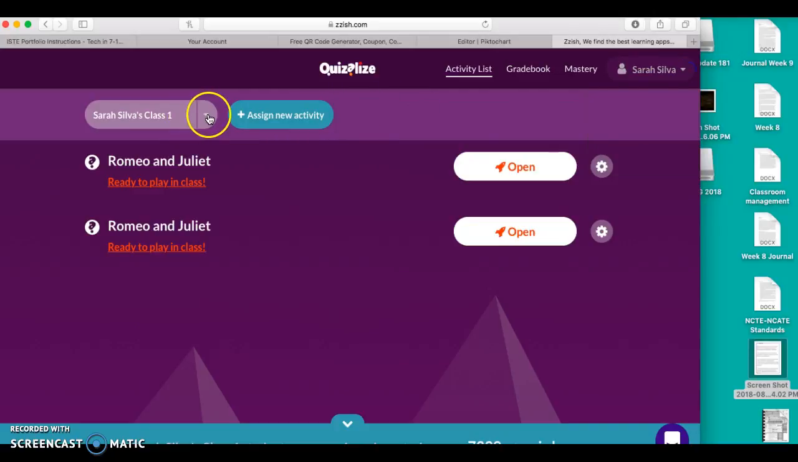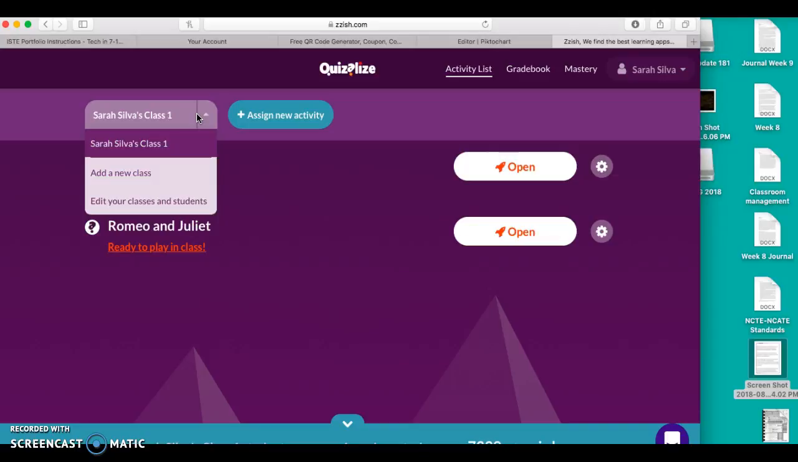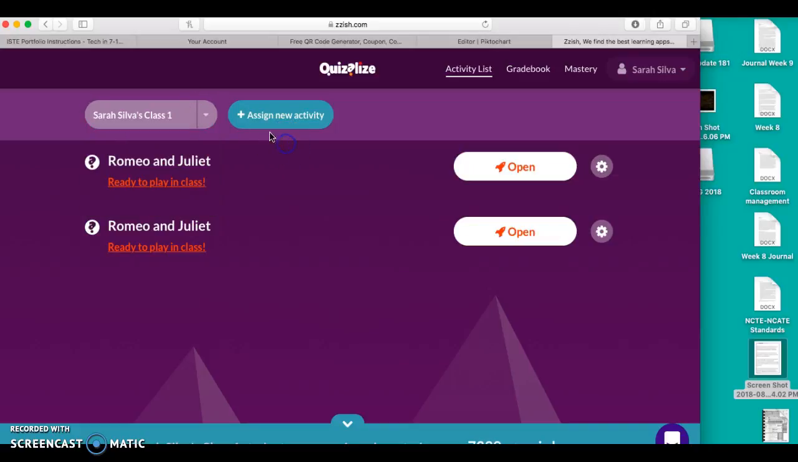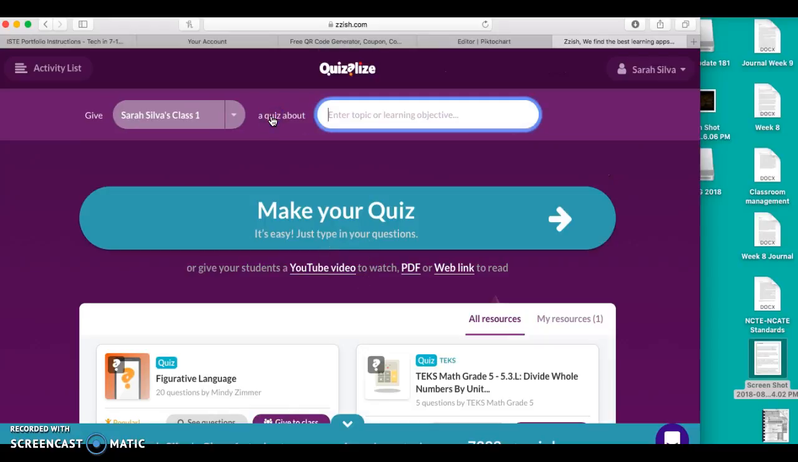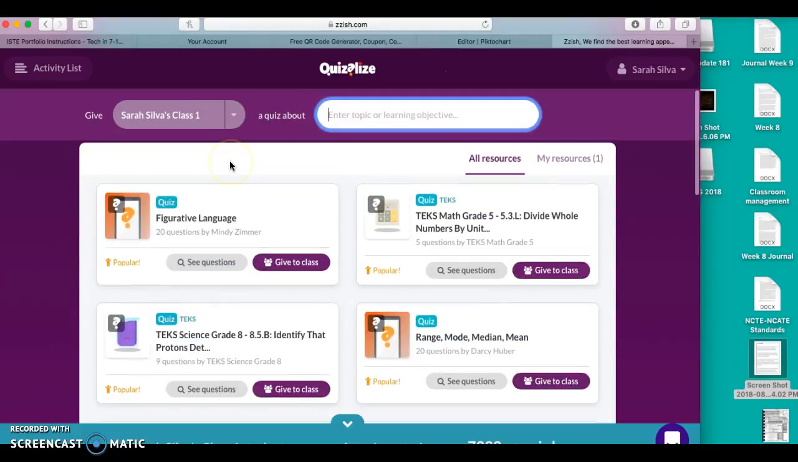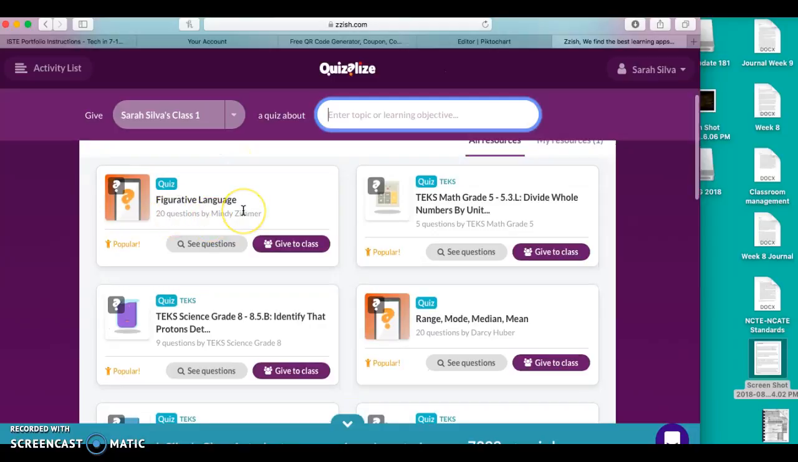Then it makes you select a class, so it takes you through, is this a math class, is this an English class, science class, etc. What are you learning? And then it takes you, this is your class 1. And then it asks if you want to assign a new activity. So from here, we can either take one of these quizzes down here,